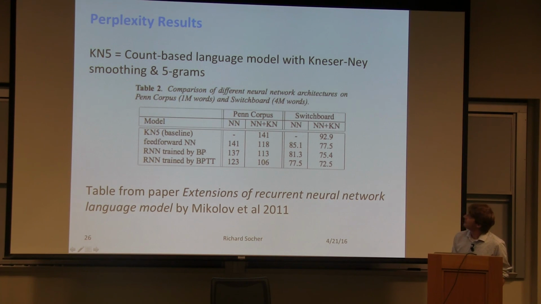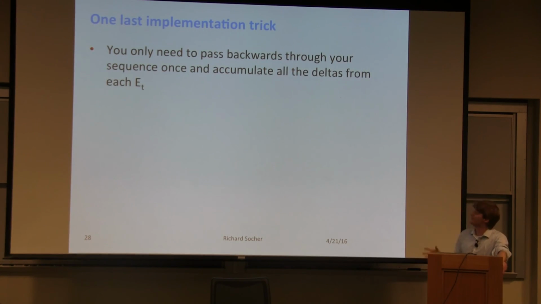Now, this one is a little confusing. There's backpropagation through time. They should be the same thing. There's basically a very simple trick, which wasn't that obvious to the authors at the time. As you do your forward propagation, you only have to do one backpropagation to update all your weights. Basically, you sum up all the delta error signals that you get at each time step as you go backwards through the network only once. Originally, the authors of that paper thought that you have to do that at each time step. So at time step 10, you backpropagate your errors all the way to time step 0. Then you go to time step 11 and you propagate all your errors to time step 0, and you go to 12, and so on. Instead, what you have to do is start at the end of your sequence, sum up all your deltas, and keep going backwards until time step 0, in a